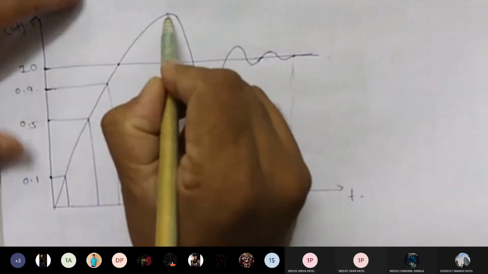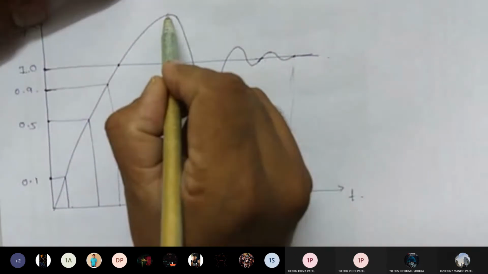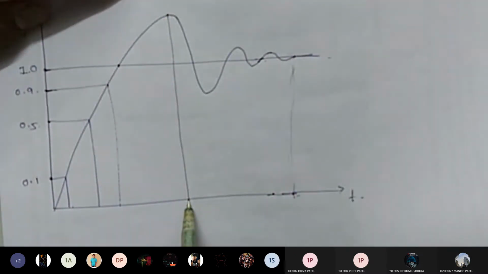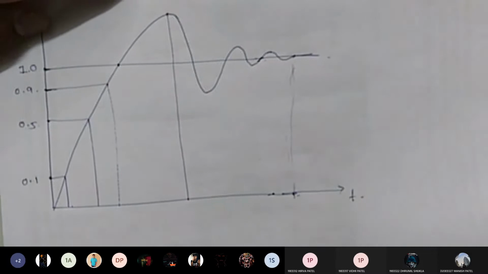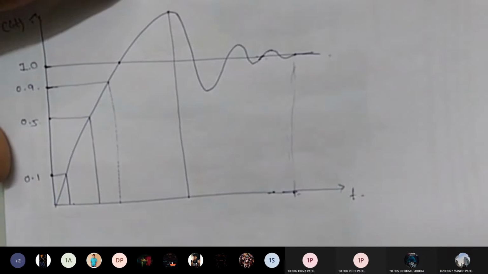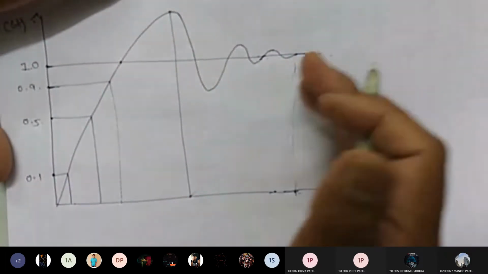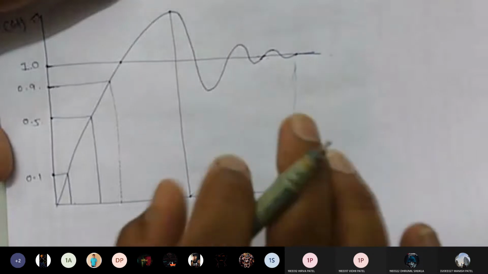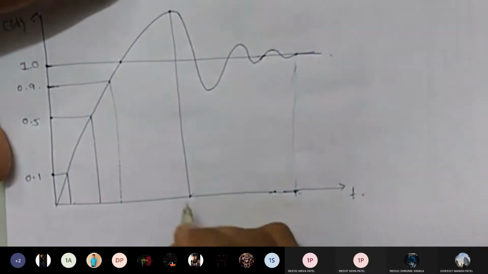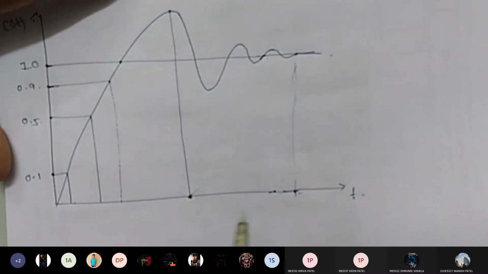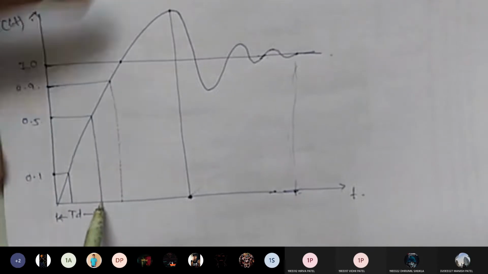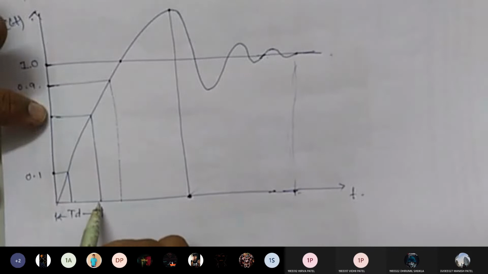Okay, so over here you are having the peak. I'm just putting it over here also. I'll be having some times related to this waveform. I'm not talking about the steady state part that we have already covered; we were interested in this part, starting from over here. This time is nothing but TD. What is TD? I will tell you. TD is the time to change up to 0.5.